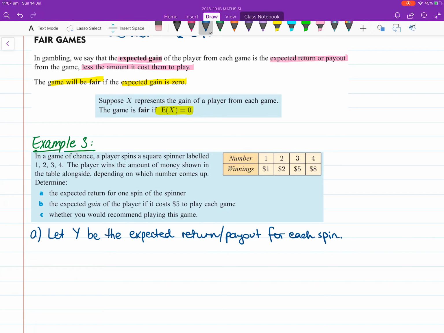Now, if you've got a spinner and it's just got 1, 2, 3, 4, that means each number has a quarter chance of turning up, or landing on it. So therefore, your expected return